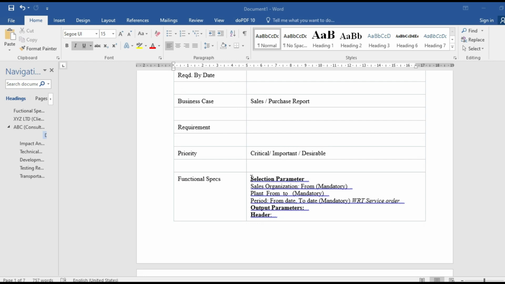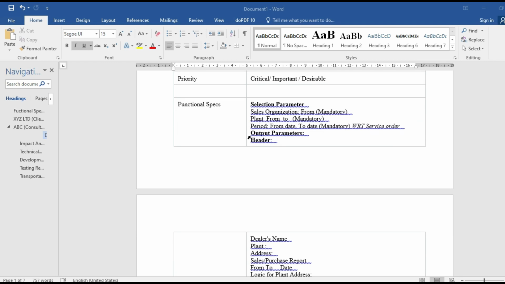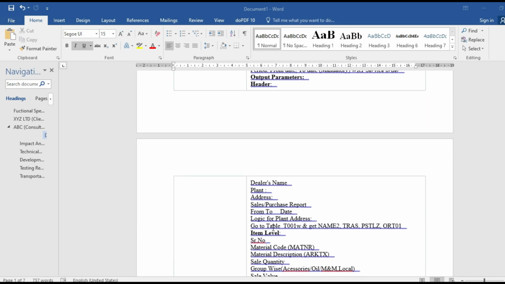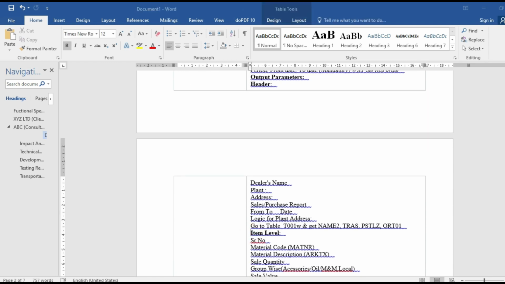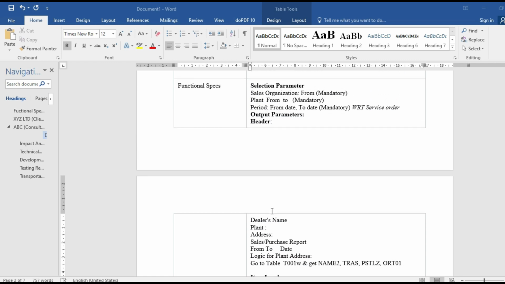Then this is the functional spec. First thing, the consultant needs to mention the parameters on which the user wants to retrieve the data from the system. So we have to mention that over here, because the report is designed by the ABAPers. They are technical, they don't understand the functional front end field.